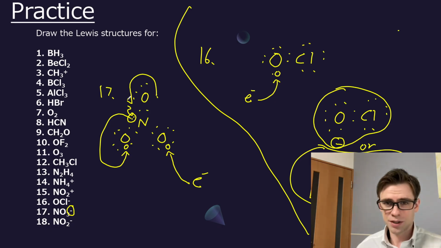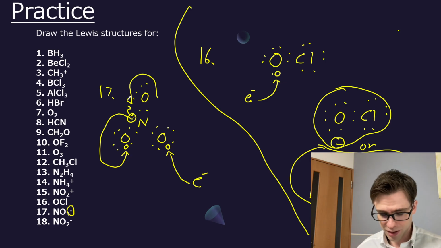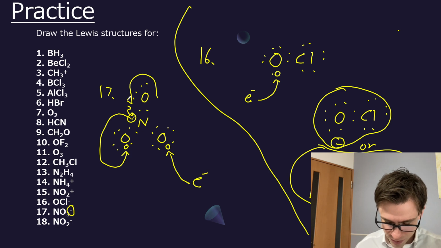But if it seems like you're going in the wrong direction, things are losing their octets, or you're not using all the electrons or using too many electrons, you've got to try to start again. Make sure you're following the rules. All the electron pairs must be used, and everything that can get an octet should get it. So if I do what I just did there,